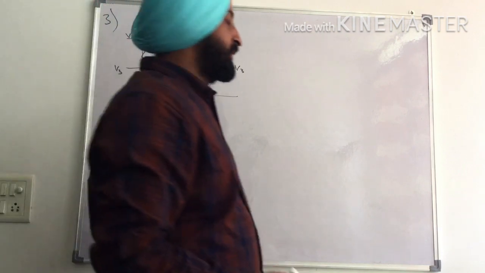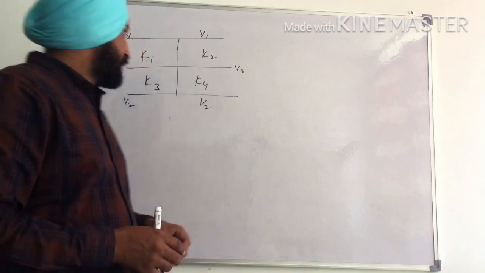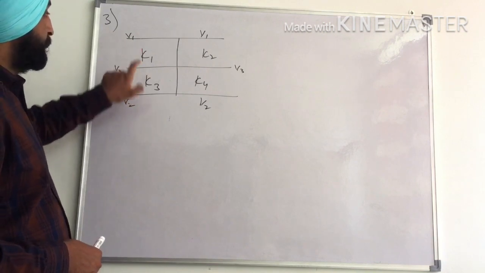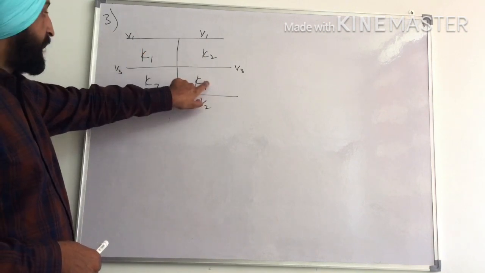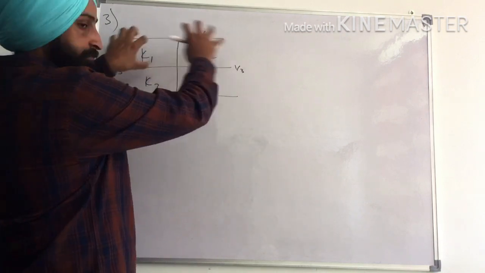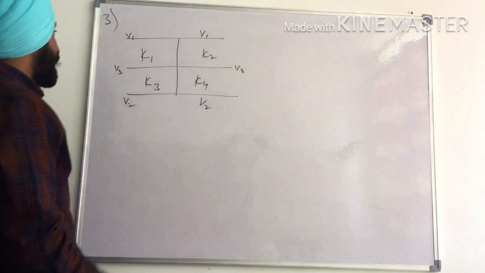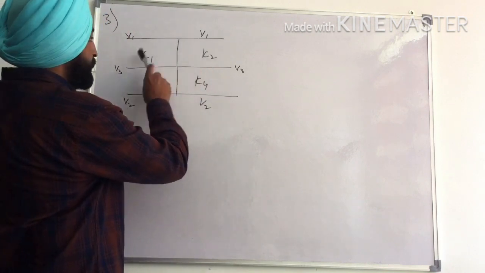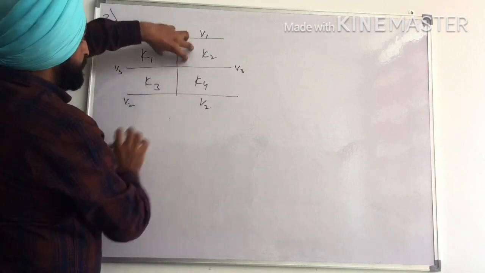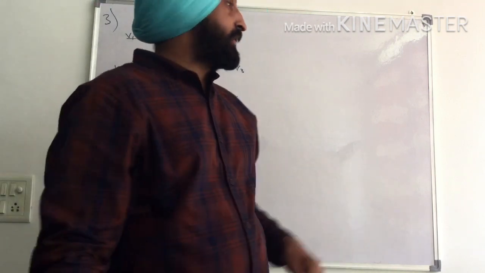So you can solve this question. See, you can do 2 things. One is, you will have to first solve these two in series and these two in series, and then the resultant of these two and the resultant of these two will be connected in parallel. Another thing that you can do is, you can solve these two in parallel and solve these two in parallel, and then connect the resultant of this and the resultant of this in series. So these are the 2 methods that you can apply over here.